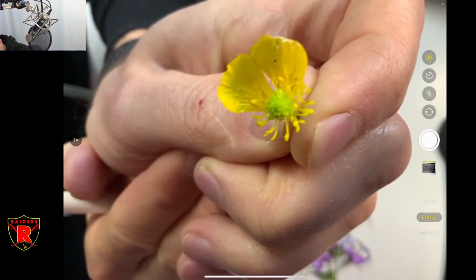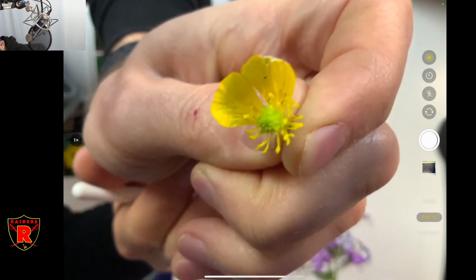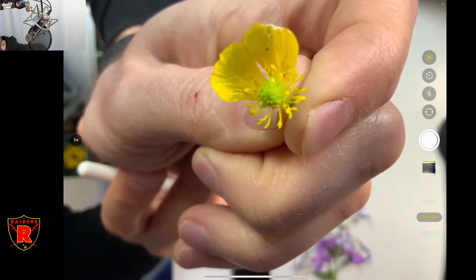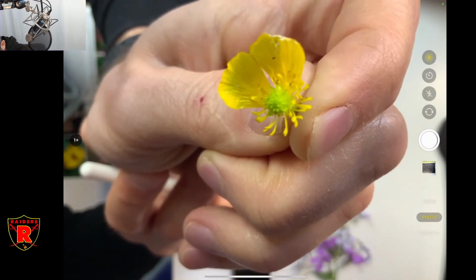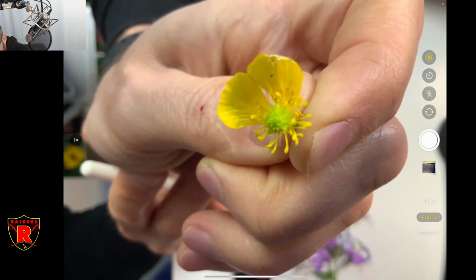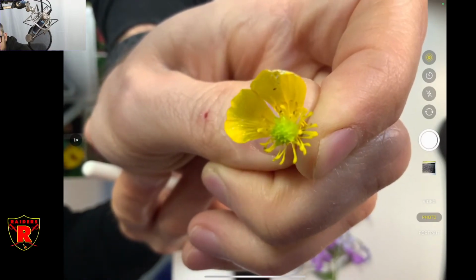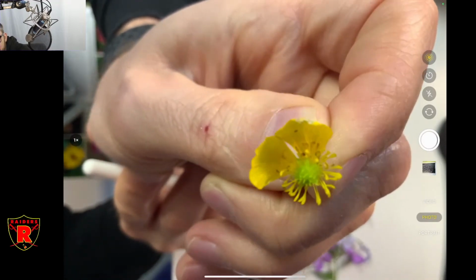Okay, so those structures around the outside there are together called the stamen, and the anther is at the very top of it. That's the little sac at the top, and the filament is the stringy part that's holding it up. And then in the middle,